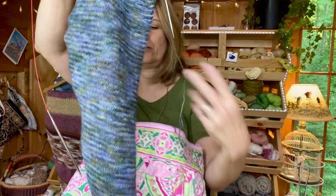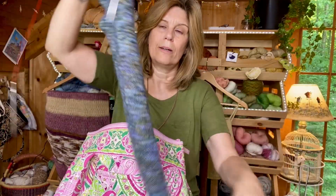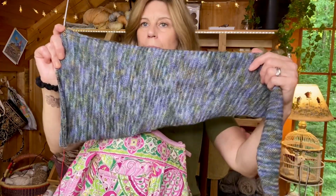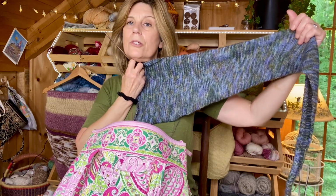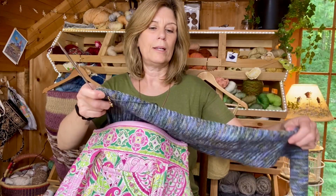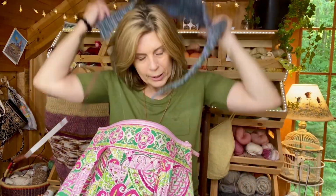So don't mind the curly edges, because that will be remedied when I knit on the border. But right now, this is how it's working up. I would say I'm about halfway finished. And I'm probably not going to be able to actually show you, but it's going to be